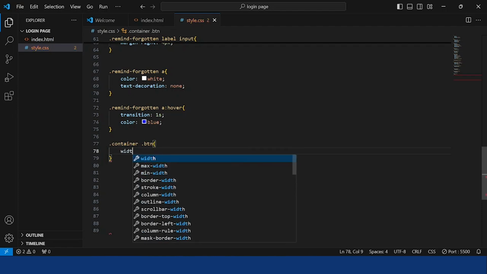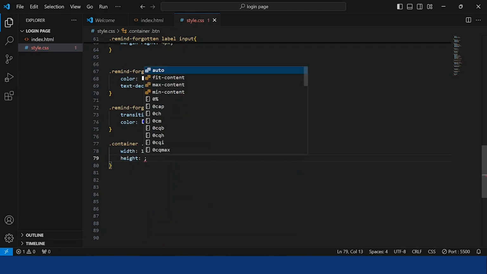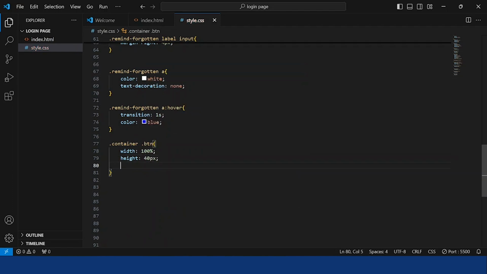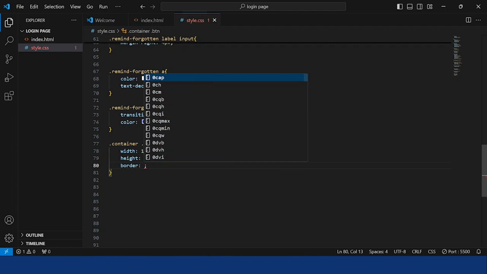Let's start with the width. Let's set the width to 100%, set the height to 40 px, set the border to none,